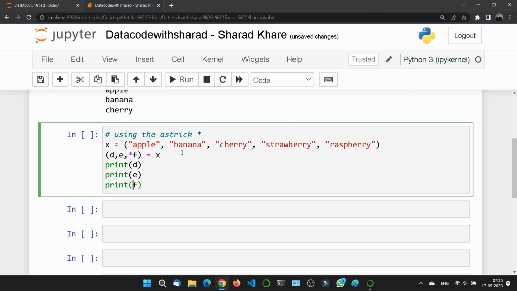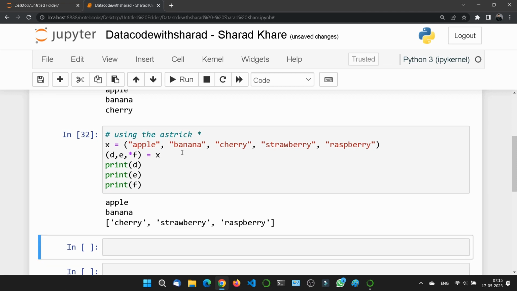For assigning you can use the asterisk, but for printing just use F. If I print this, you can see apple is assigned to D, banana is assigned to E, but as we put an asterisk before F, the rest of the items are now in F: cherry, strawberry and raspberry. So this way you can assign multiple items to a single variable.